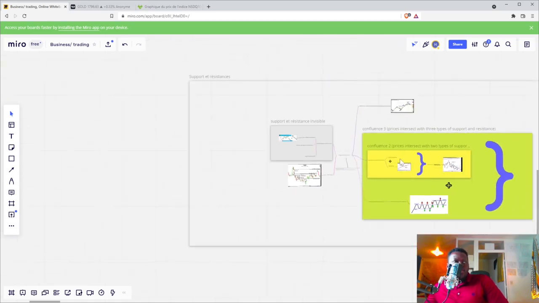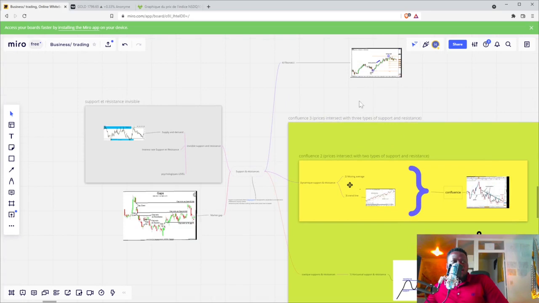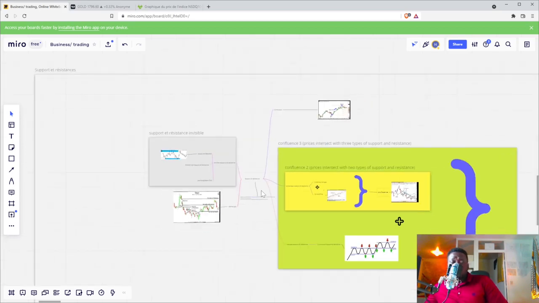All right. Okay, I just wanted to show you all these different types of support and resistance, and I hope today you can understand more about the difference between static, dynamic, and all the other types of support and resistance. And you can use that to put your stop loss, because sometimes it can be pretty good to put your stop loss after a support or resistance area.